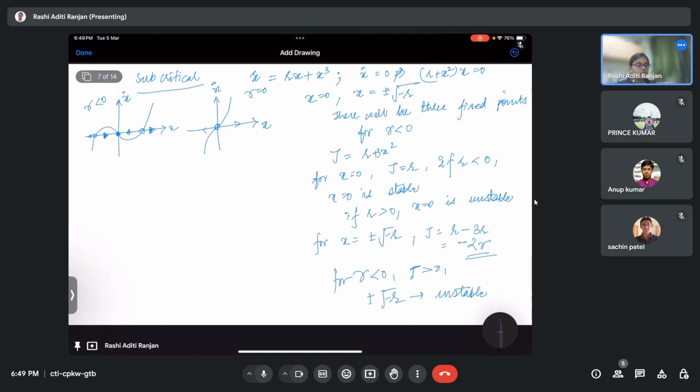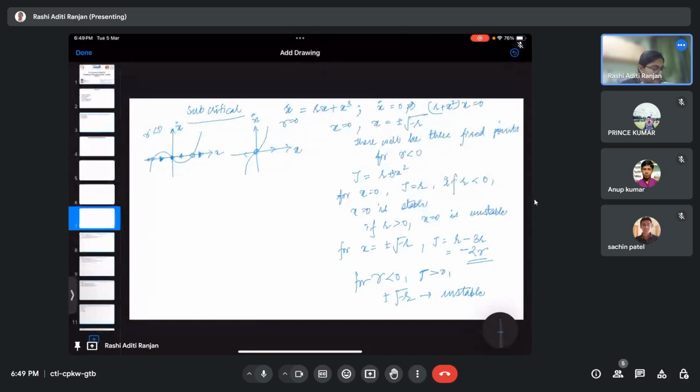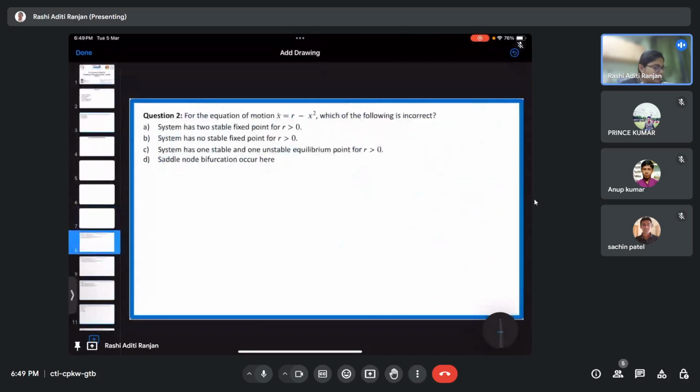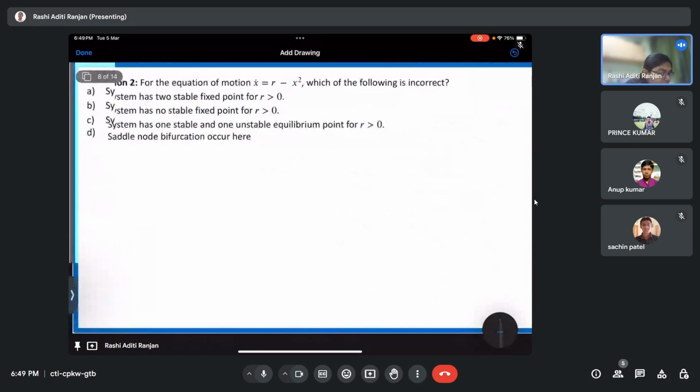Okay, now I'll start taking up the questions. I hope that it is clear. If these things are clear, then we'll be able to solve the questions very easily. Okay, so for the equation of motion, x dot is equal to r minus x squared, which of the following is correct? So if you remember, this is the case of